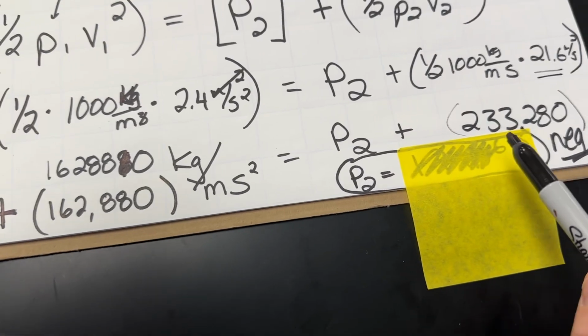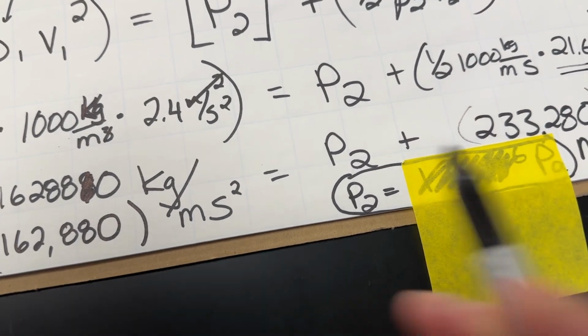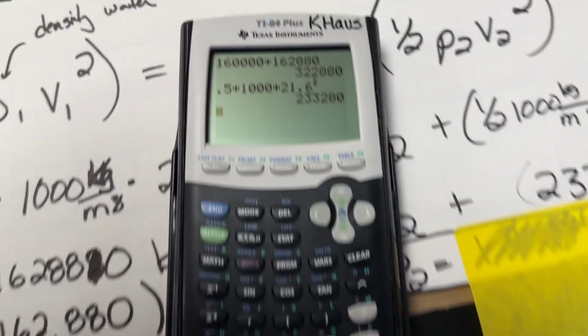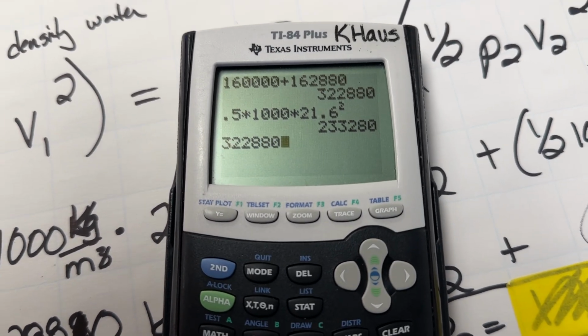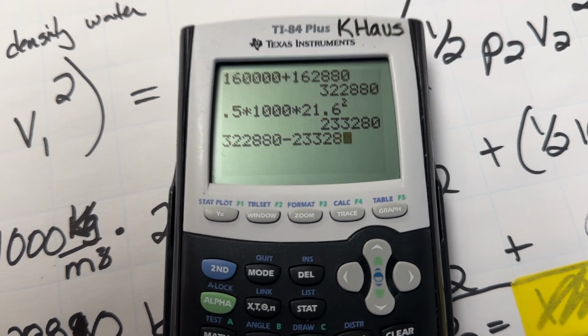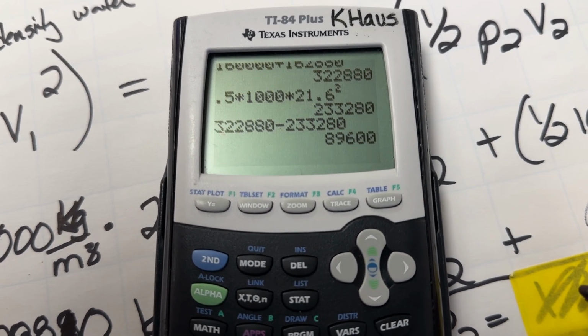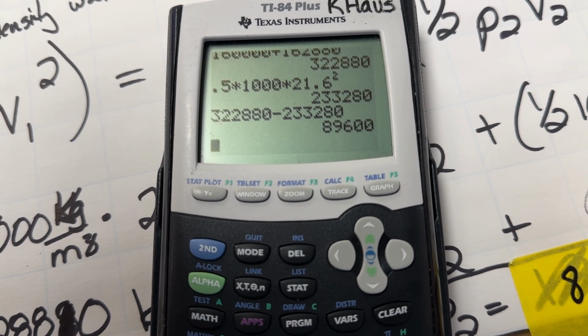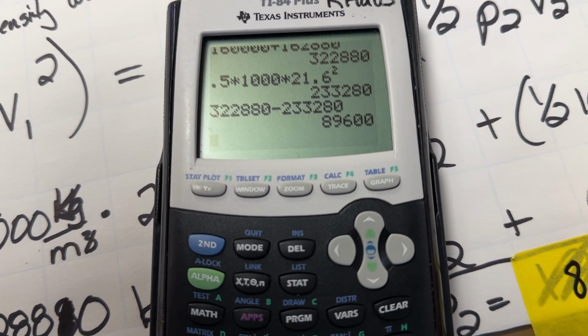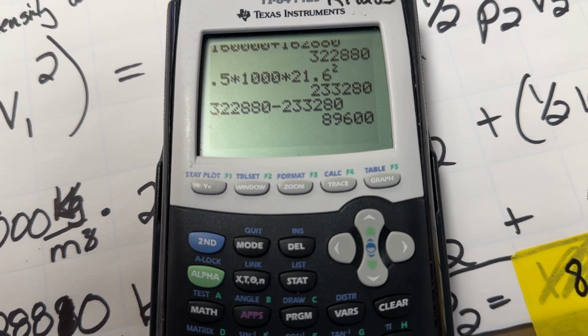We're going to subtract 233,280, and I don't get a negative number now. I get 322,880 minus 233,280, and I get a pressure of 8.96 times 10 to the 4th